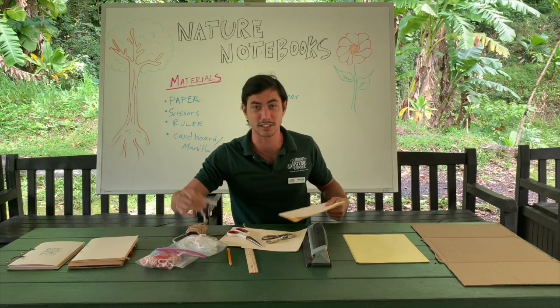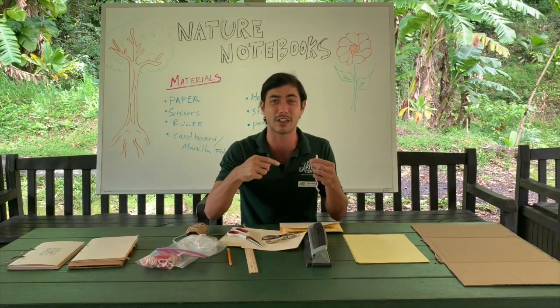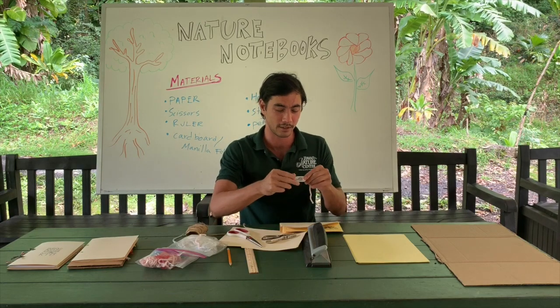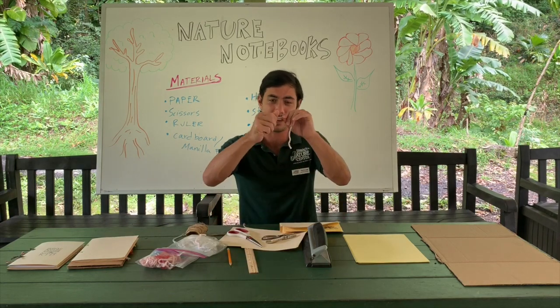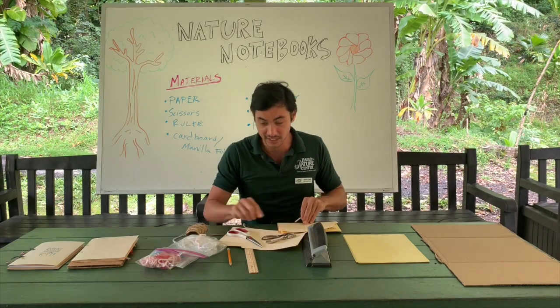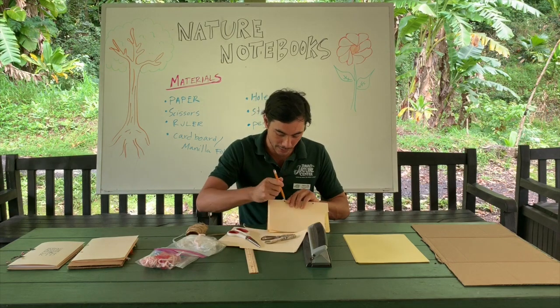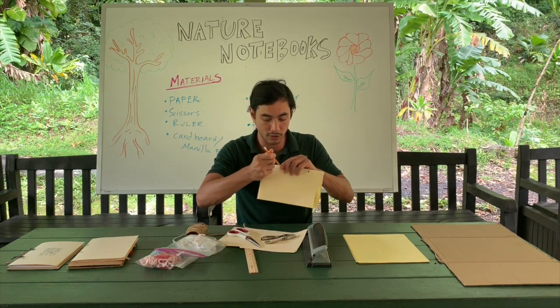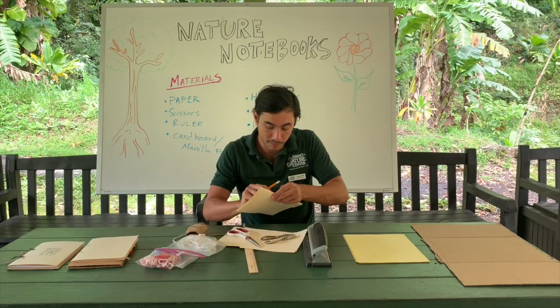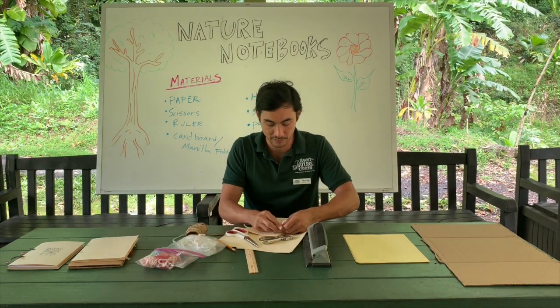Now with your string, this might be hard because you're like, oh my God, my string is so big. How am I going to get it through that little tiny hole? So I took it and I'm twisting it to make it thinner. And this is where the pencil might come in handy. You have it here, and then with your pencil, you can just push it through the hole, and bam, pops out the other side. We're going to make a single knot